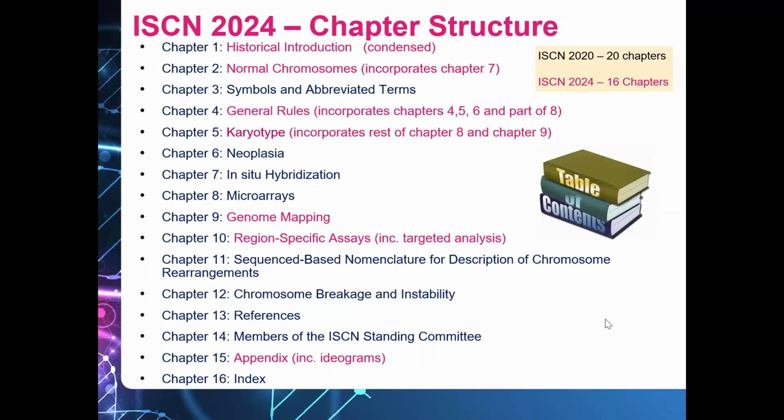So this is just to show you where all the different changes are. Those in red are where all the major changes have been introduced. You will notice there's now 16 chapters, whereas ISCN 2020 had 20 chapters. The meiosis chapter has disappeared, and the variant chapter has now been incorporated into chapter 2.